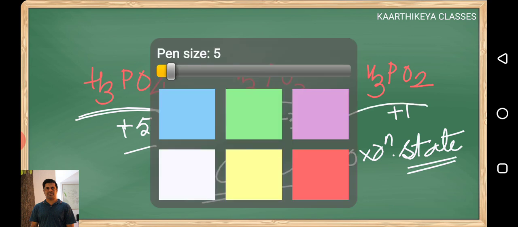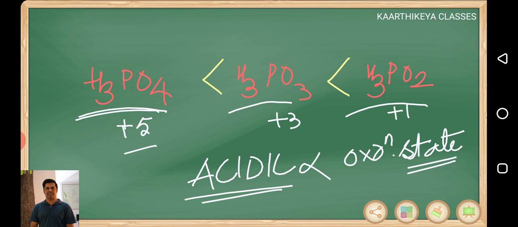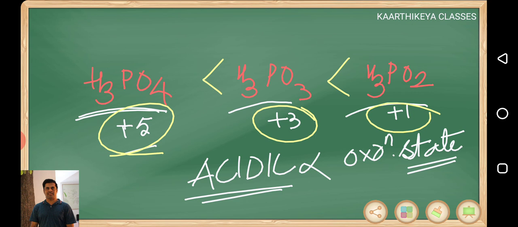But practically, the order is like this. So don't depend only on the oxidation states. The other concept working here is basic nature. It is a tribasic acid, it is a dibasic acid, it is a monobasic acid. Oxidation states you can use only when their basicities are same. That is, if all are monobasic, all are dibasic, all are tribasic, then by seeing the oxidation states you can decide better. But here their basicities are different, so based on the oxidation states you can't decide. H3PO2 is more acidic than H3PO3 than H3PO4. Remember these points.